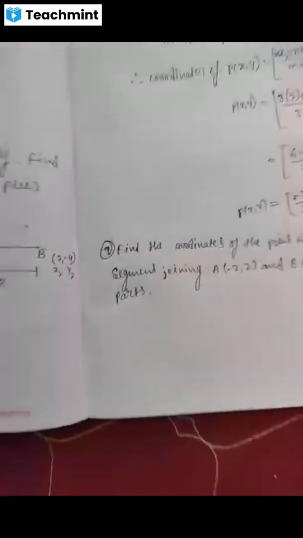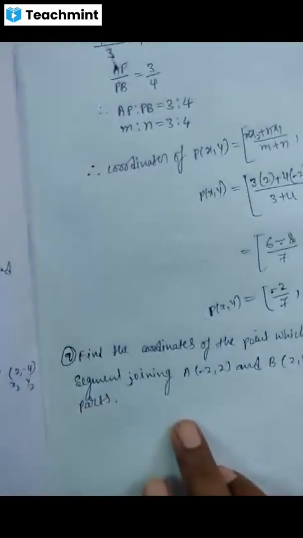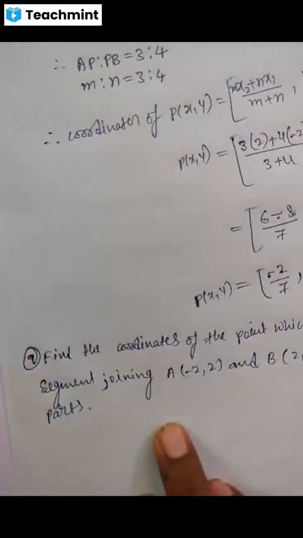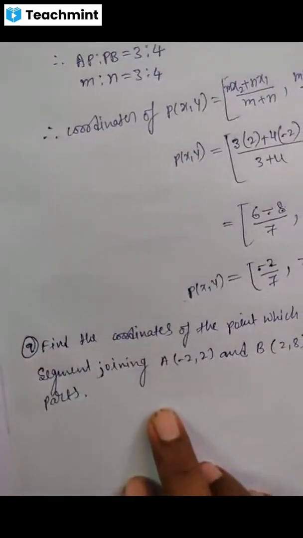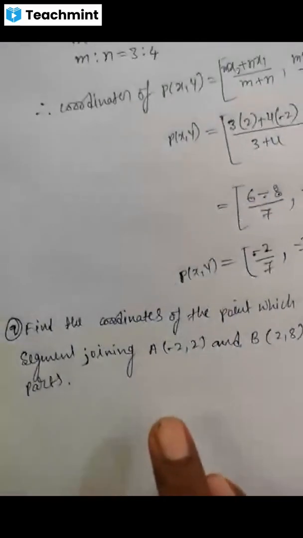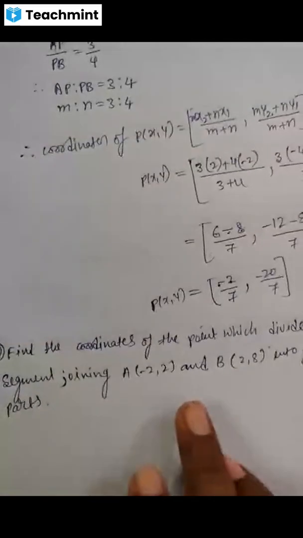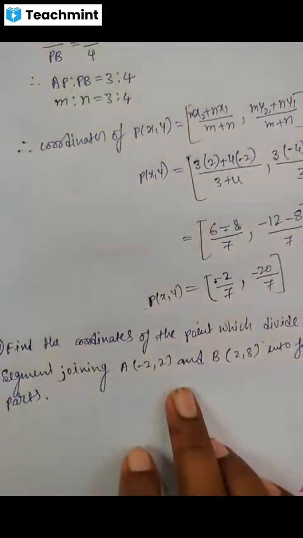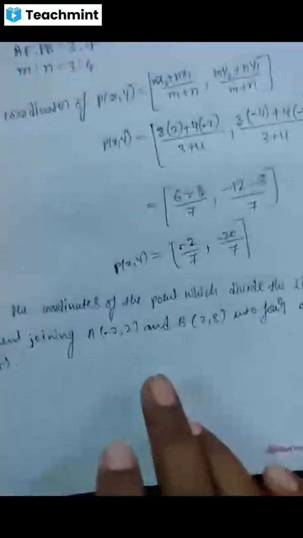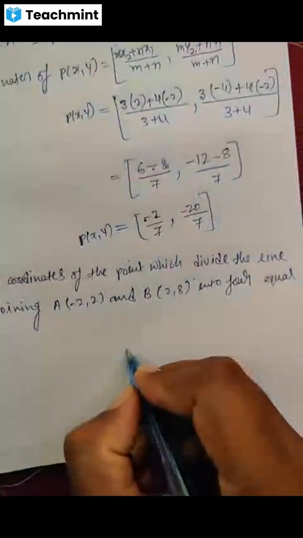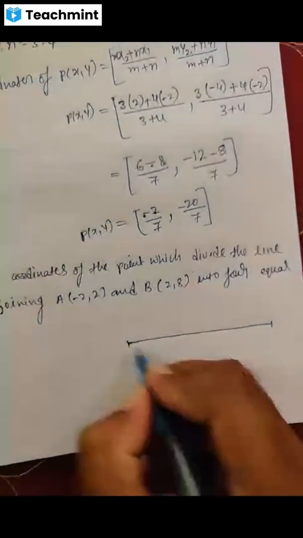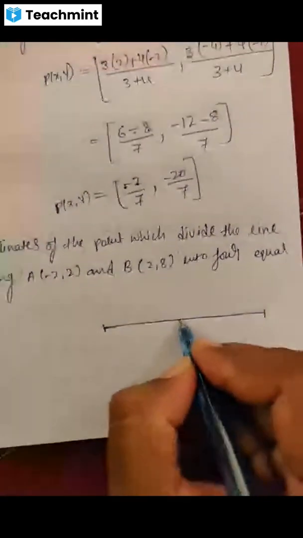parts. 4 equal parts. See here, previously in which question? I thought, second question in the same exercise. Second question, find the coordinates of the points of the trisection of the line joining the points 4 minus 1 and minus 2 minus 3. So that is the trisection. It is the 4 equal parts, means 4 sections, 4 equal sections.